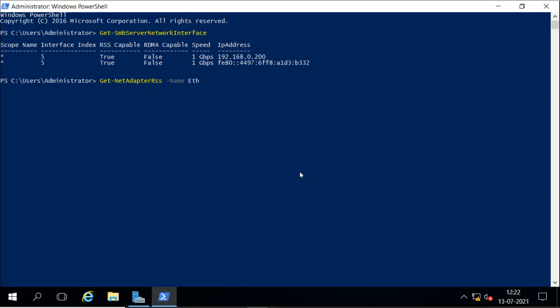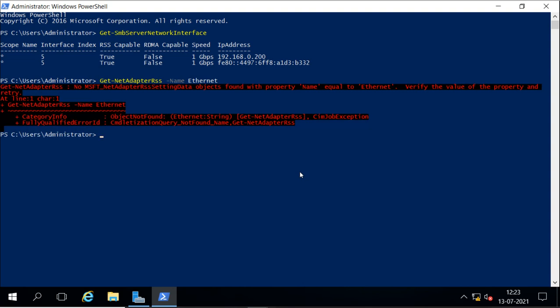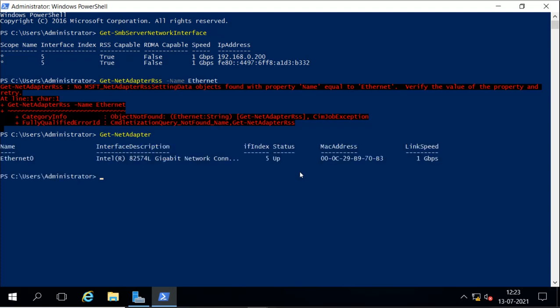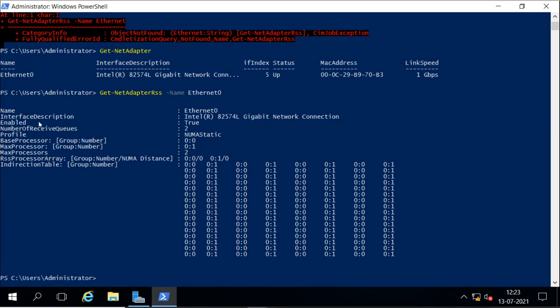The adapter name is Ethernet here. Okay, what is my adapter name? Let's check the adapter name first. Okay, the adapter name is Ethernet 0. So I will mention this Ethernet 0, and it says that it supports RSS and it is enabled here. Enabled is equal to true, so it supports this, and we can use this adapter for the failover cluster.